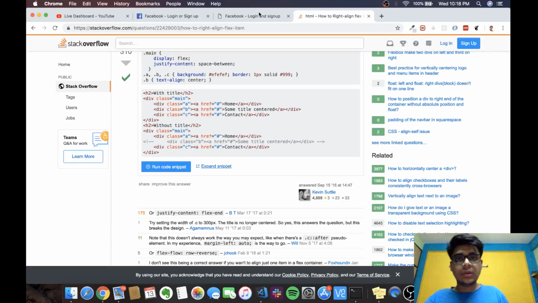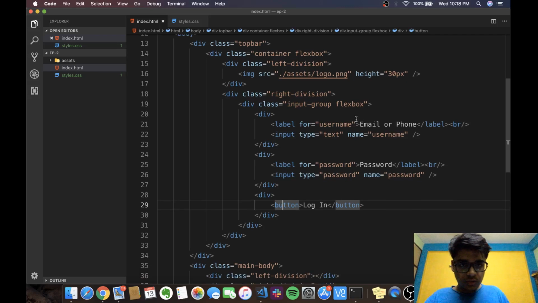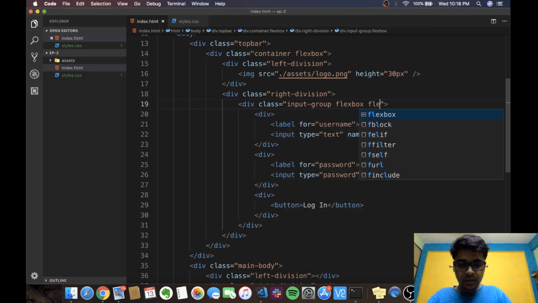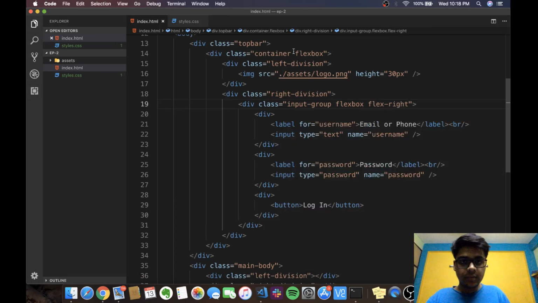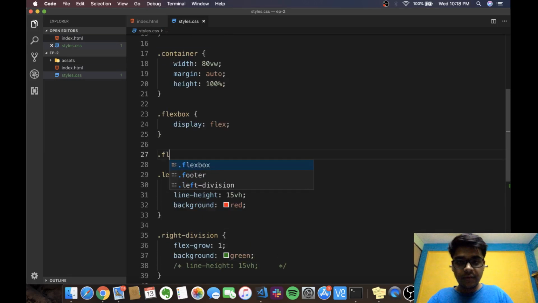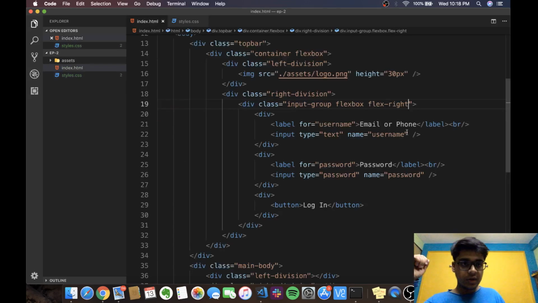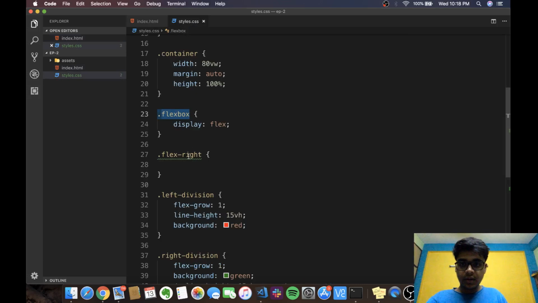Okay, so I need to create yet another class for this. So input group flexbox, and इसको flex right property दे देते हैं. And just this is a good practice to make several classes and not make changes in this particular class only, because ये अगर flexbox कहीं और भी यूज़ हो रहा होगा तो उसमें भी affect होगा. So अगर मैंने flex right ले लिया